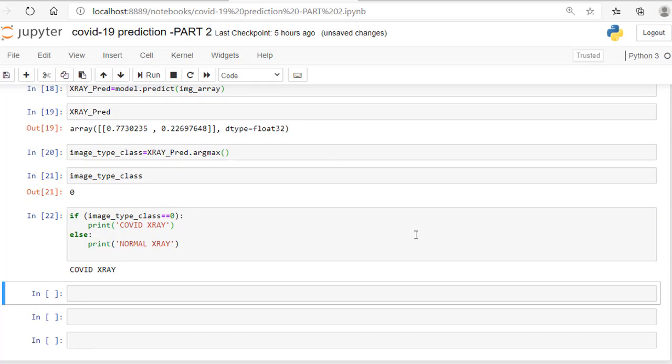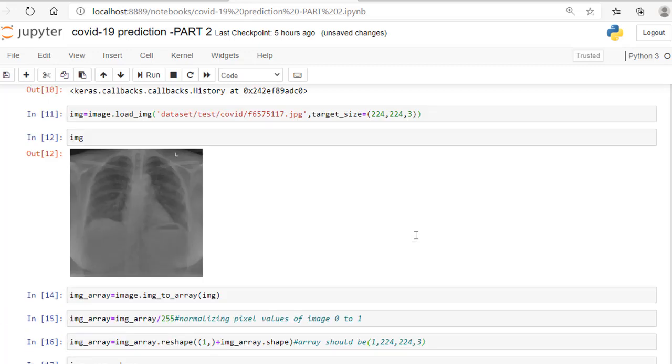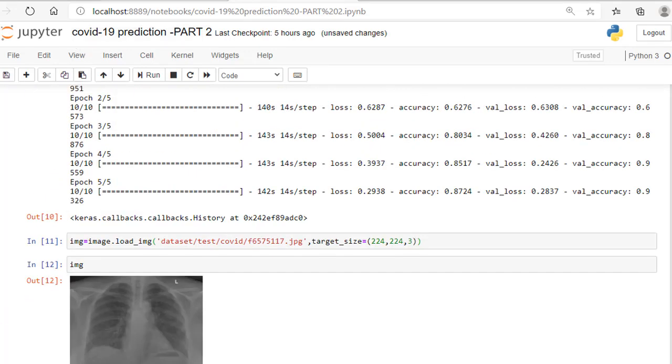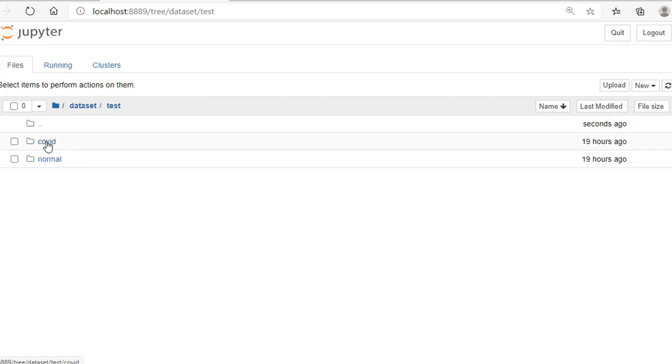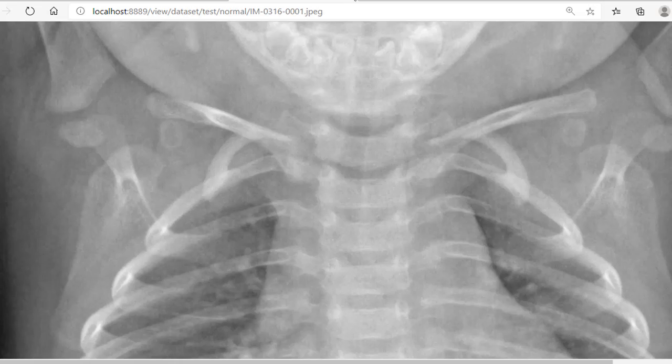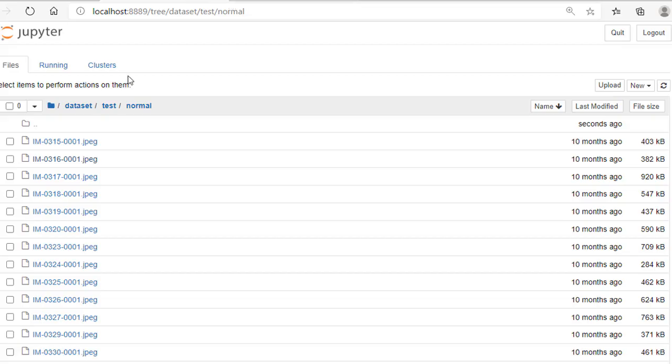Now let me give another image, from normal. Let me go to the data set, to test. I am taking a normal image now. So this is the folder. Let me take any image from here. Any image you can take and check it.